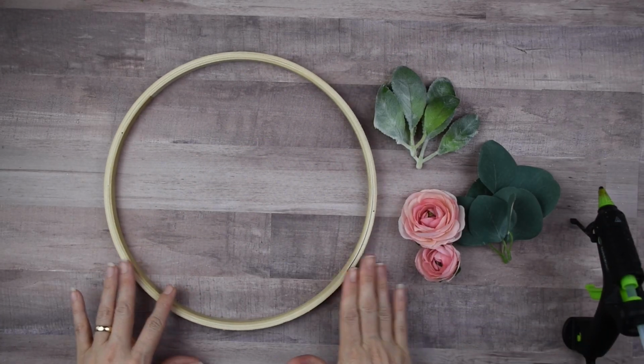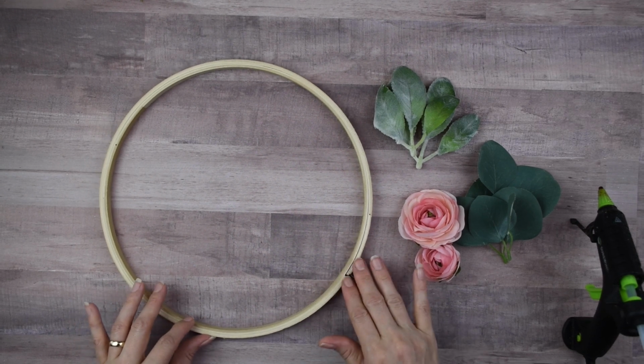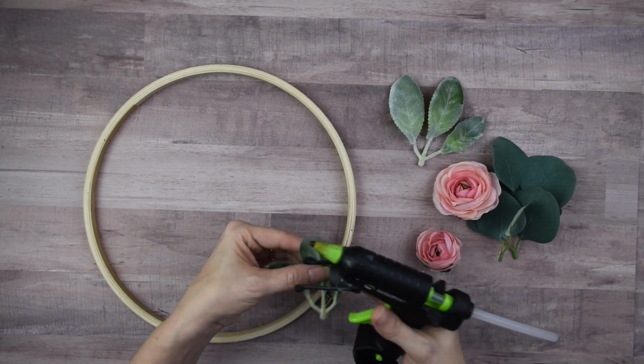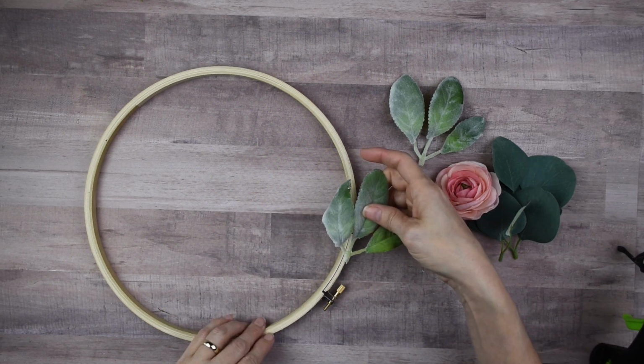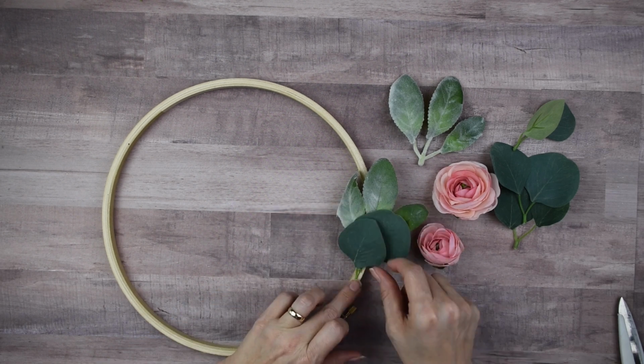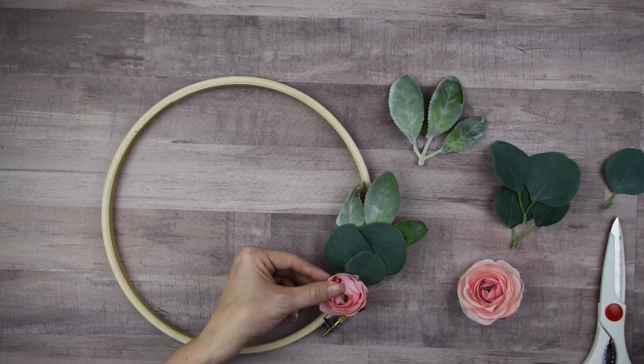So I am going to position my greenery and flowers to where they hide the metal screw. And so now I'm just going to start hot gluing on my greenery. I'm going to put on my lamb's ear first. Then I'm going to start hot gluing on my eucalyptus leaves, and I'm putting about 3 leaves of each on